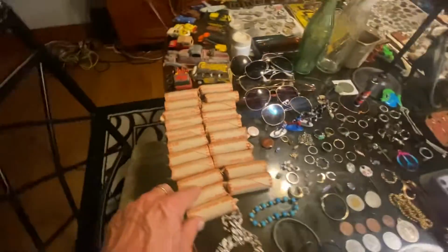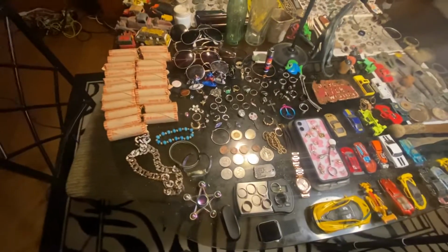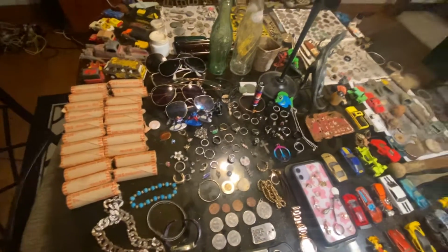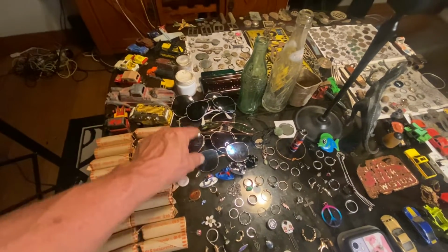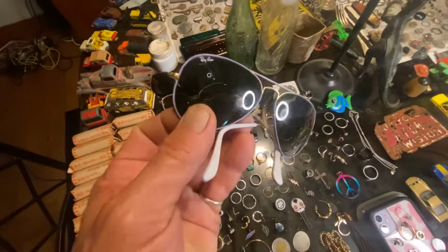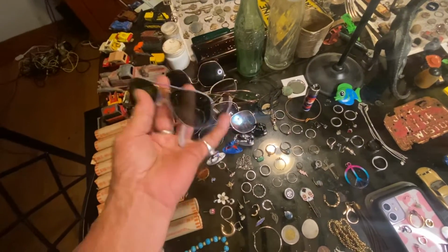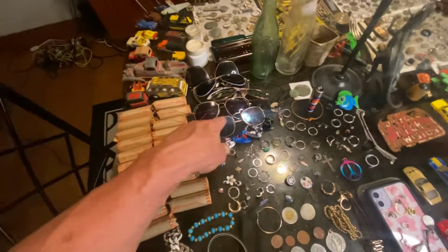Look at all these quarters, all these quarters. This whole corner right here is from Old Orchard Beach. All this corner right here from going to the beach on hot summer days. Look at all these old sunglasses, and there were a few that I left behind. I would have a lot more sunglasses than these this summer. I just had to leave them behind because I was getting too many of them this year. But these are Ray-Bans. I kept the good ones. Ray-Bans go for like $100 more. I think this pair was like $150, almost $200 glasses. It's kind of neat. I think I got another Ray-Bans in there somewhere, but